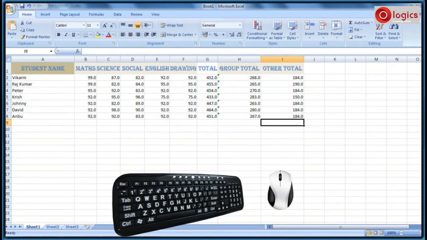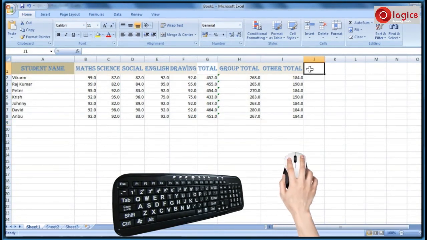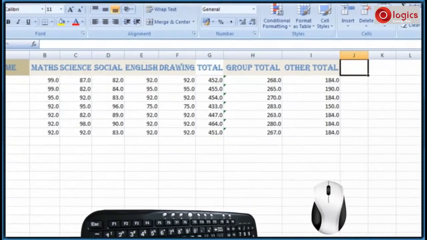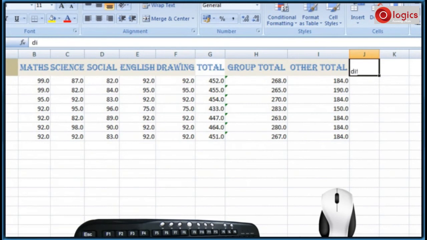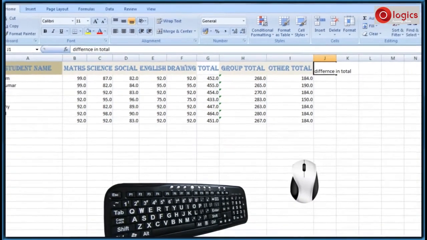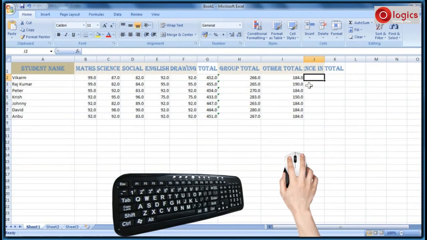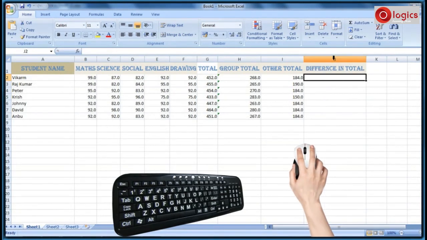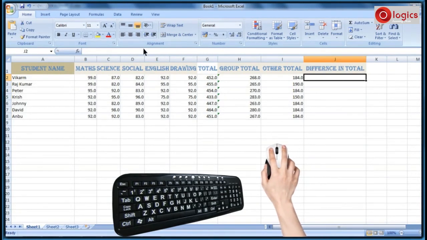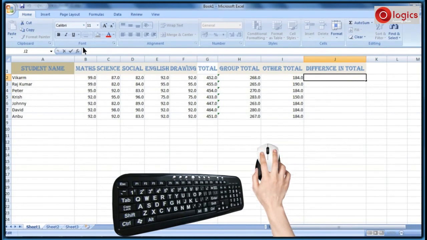Here I am adding one more column, that is difference in total. Adjust the column width. In this column I would like to get the difference in total between the group total column and other total.